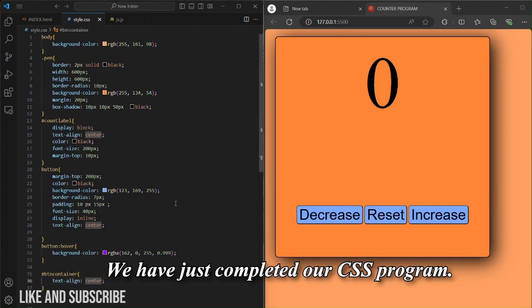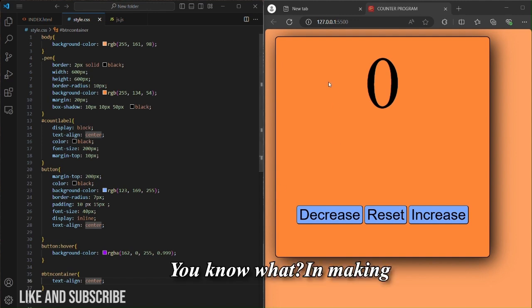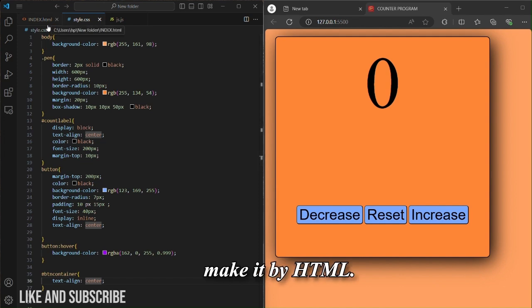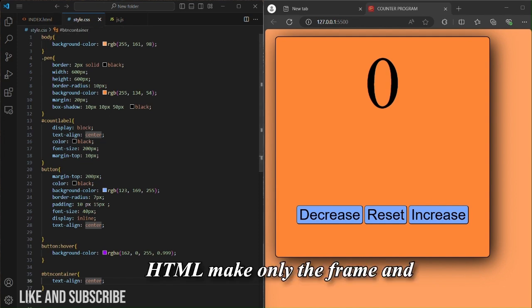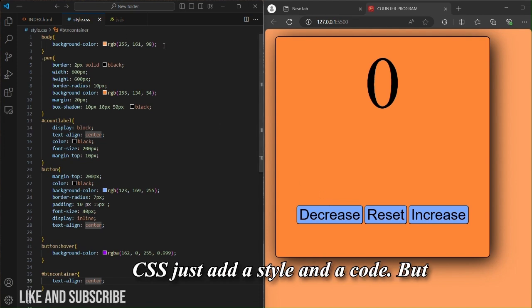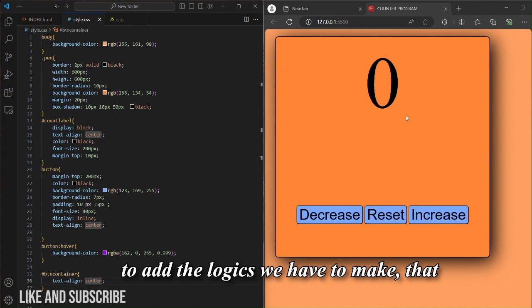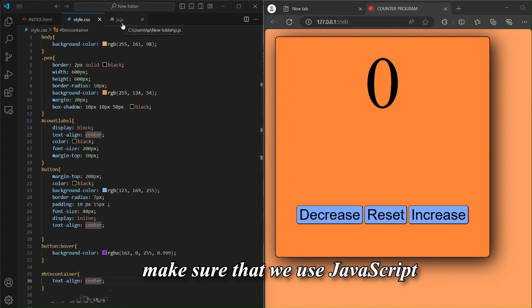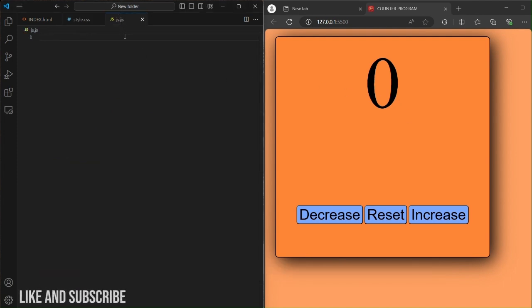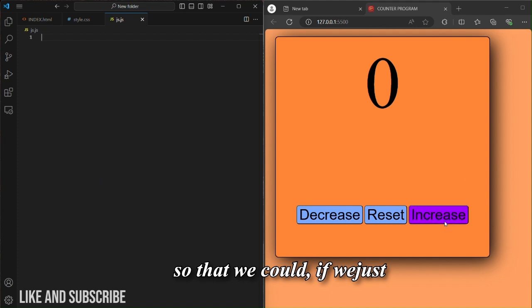We have just completed our CSS program. HTML makes only the frame and CSS just adds style and color. But to add the logic, we have to use JavaScript, so that if we